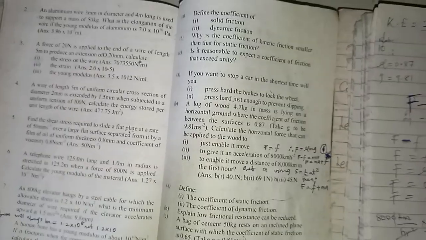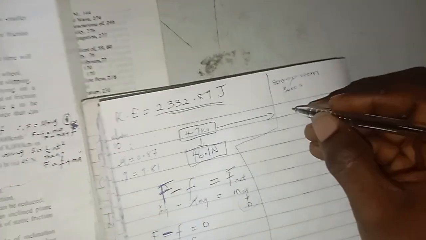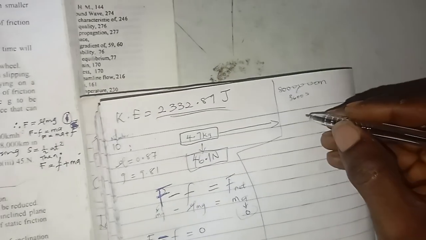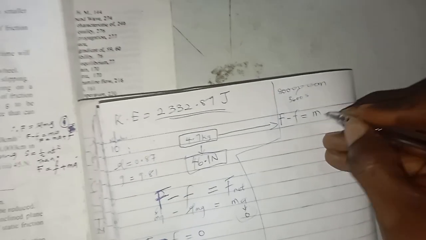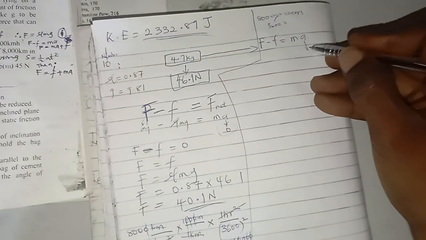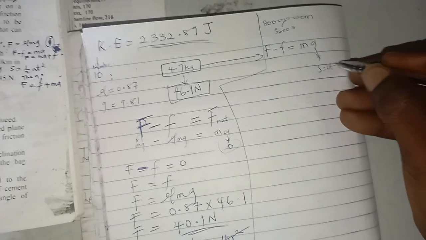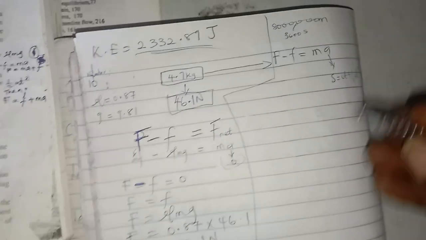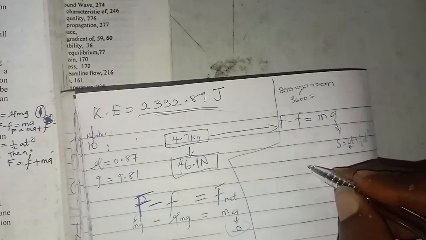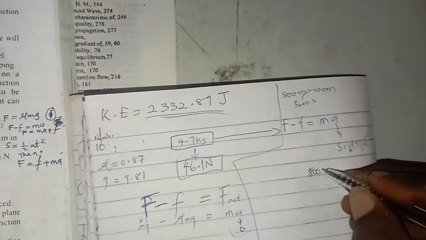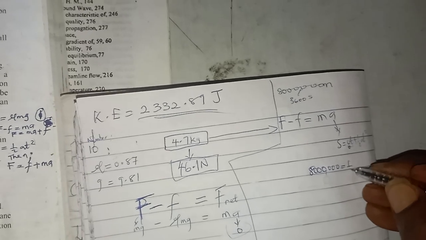So let's go. If that is the case, I need to remember F minus f equals to ma. And to get distance here, I can use this formula: s equals to ut plus half at squared. So taking it that this is at rest, u is 0, I can have this to become the same thing as saying 8 million equals to half a